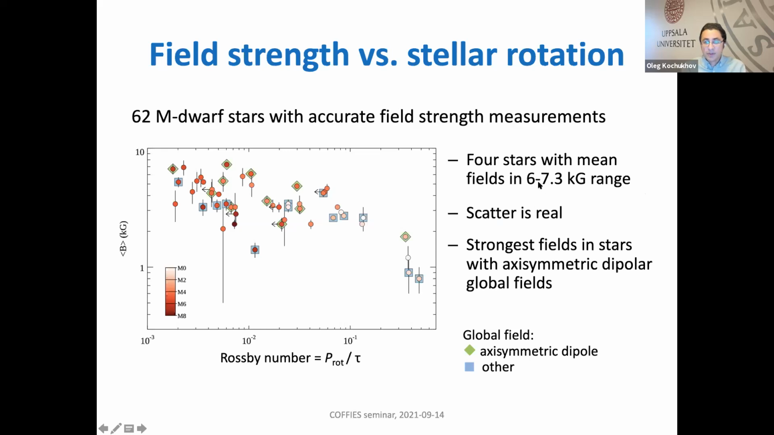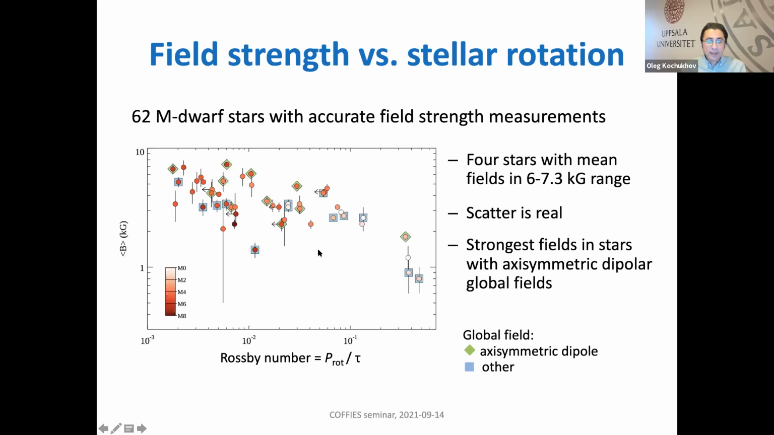4 stars with fields stronger than 6 kilogauss, and I think more than a dozen stars with fields stronger than 5 kilogauss. You can see that at the same Rossby number, there is often a significant spread of points in this diagram, and this scatter appears to be real. It's really the case that stars with identical mass and identical rotation period can have a very large difference in